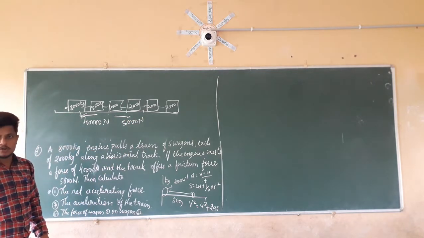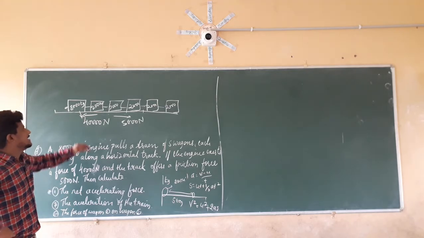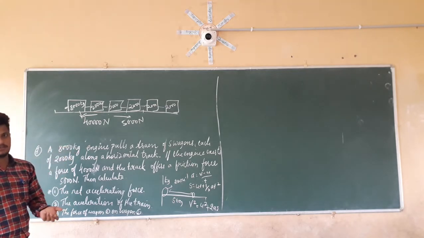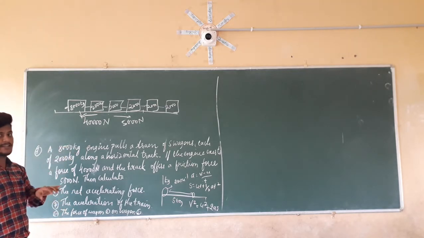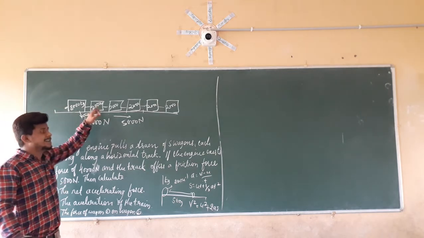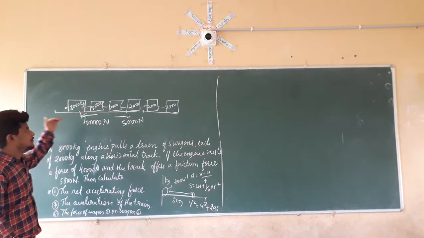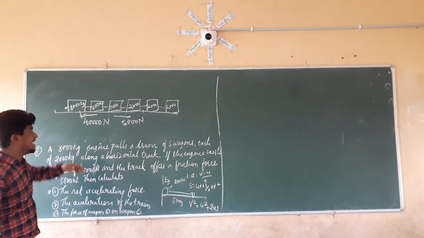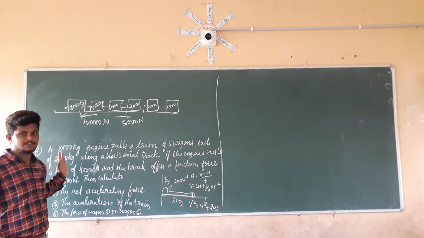So what do we have to calculate here? We have to calculate the net accelerating force. All these wagons as well as the engine are going in the forward direction, so they are accelerating in the forward direction only. That means